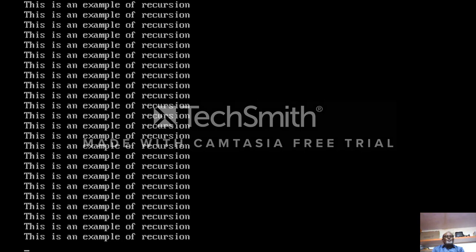this is the output of this program, and this output is displayed on the screen continuously because the main function you have included into itself. That means the execution of that function goes on infinitely.